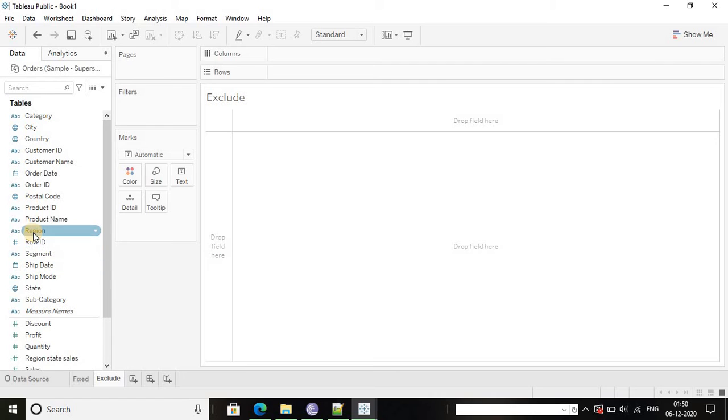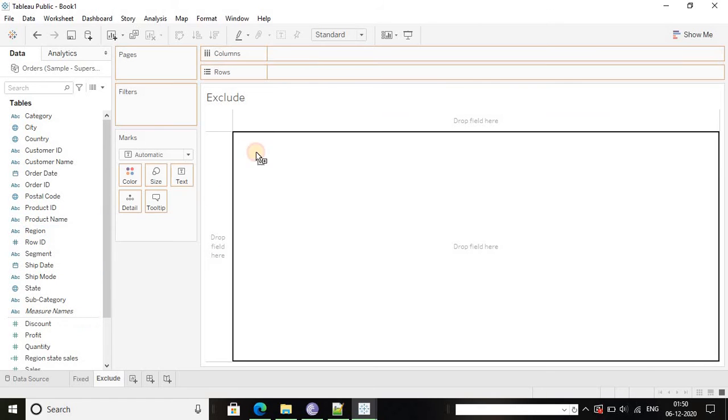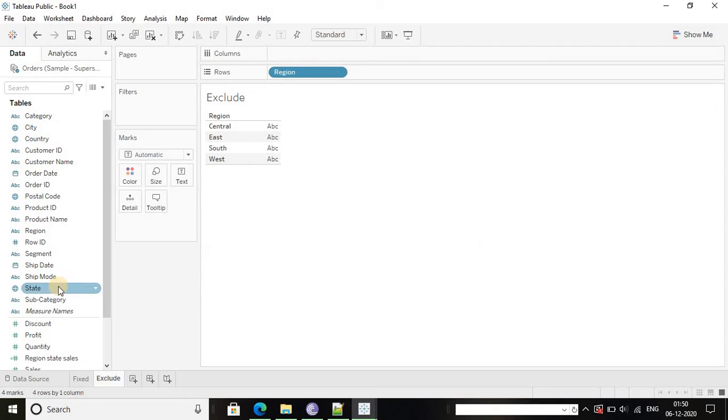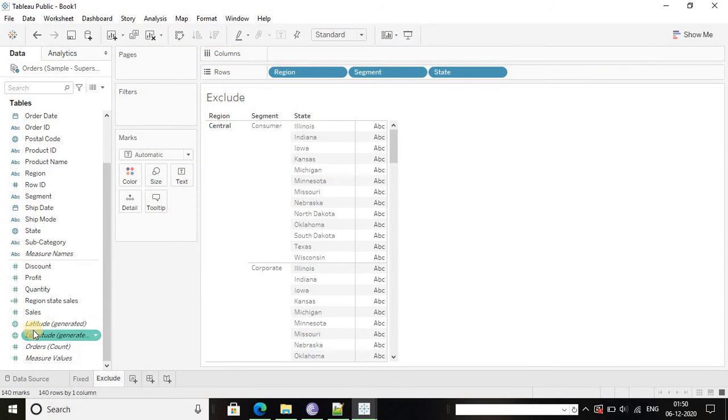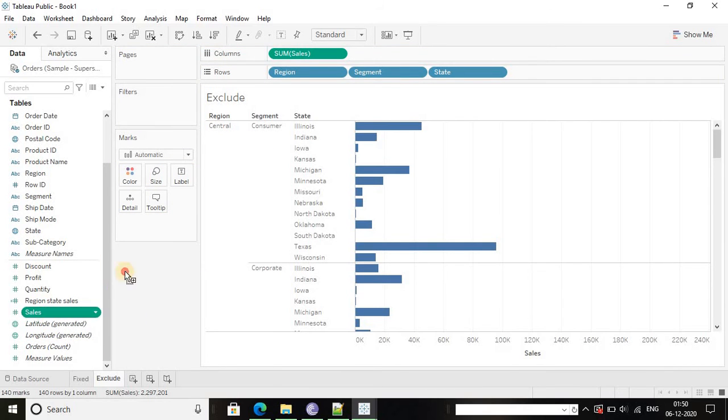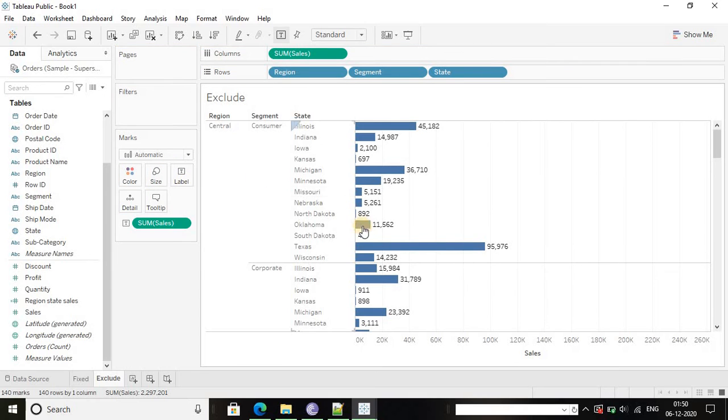So now I'm going to construct the map again, region wise, segment wise, state wise total sales, and also I'm going to put these sales into the label. So for the same Central and Consumer and the state of Kansas, we can see that there are total sales of 697.